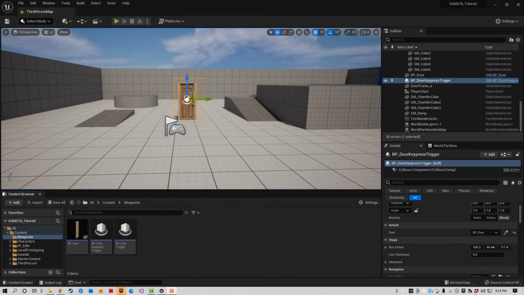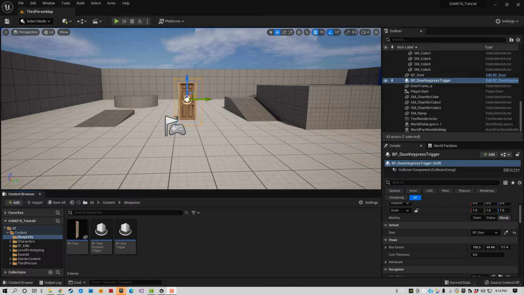Right, so we've created a trigger that can open our door only when the player is standing inside of that trigger and presses the E key. But there's one problem. Our player doesn't really know when they're in the trigger or not. And we don't want to have them guessing, trying to get up close to it, trying to figure out what's going on. Our player could run right past this door and have no idea that they're able to open it. So the next thing we're going to look at is adding what's called